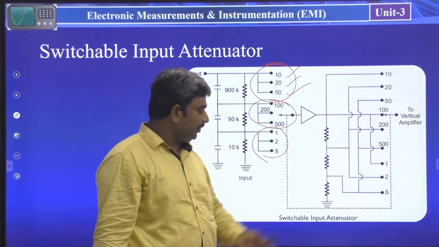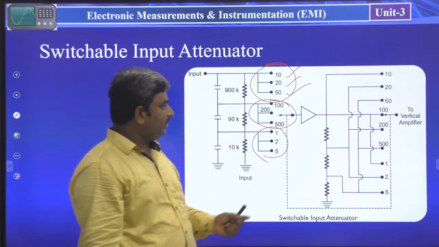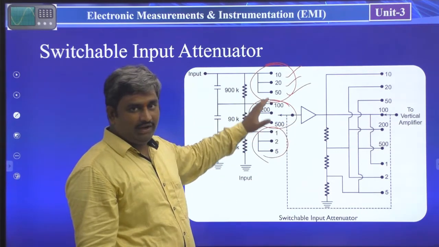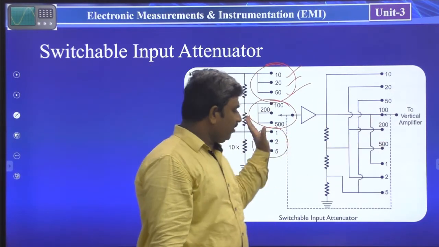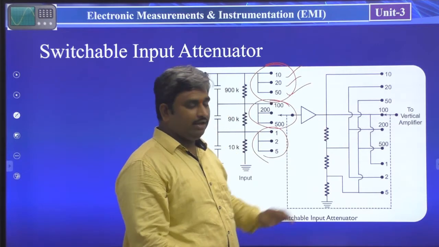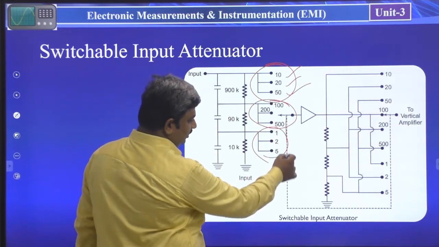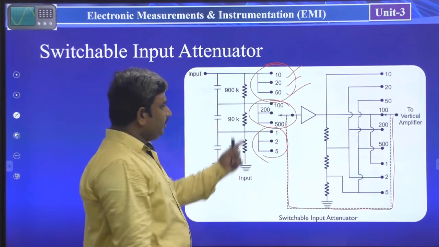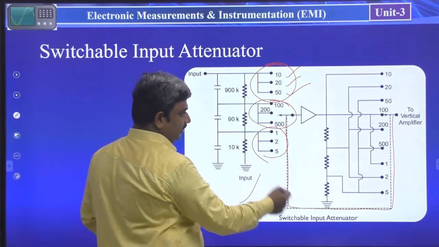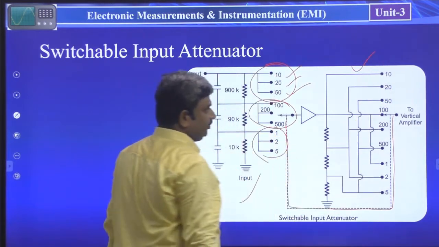So this is connected to the vertical amplifier. And if no attenuation is needed here, the attenuation is switched from here to here. So see here, the alternate circuit, the attenuation at the vertical amplifier. This is one stage of attenuation. This is the second stage of attenuation.